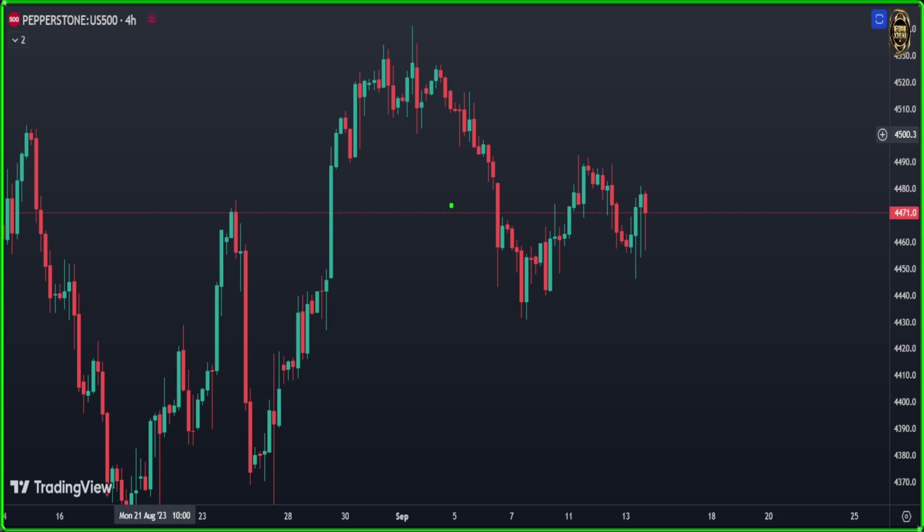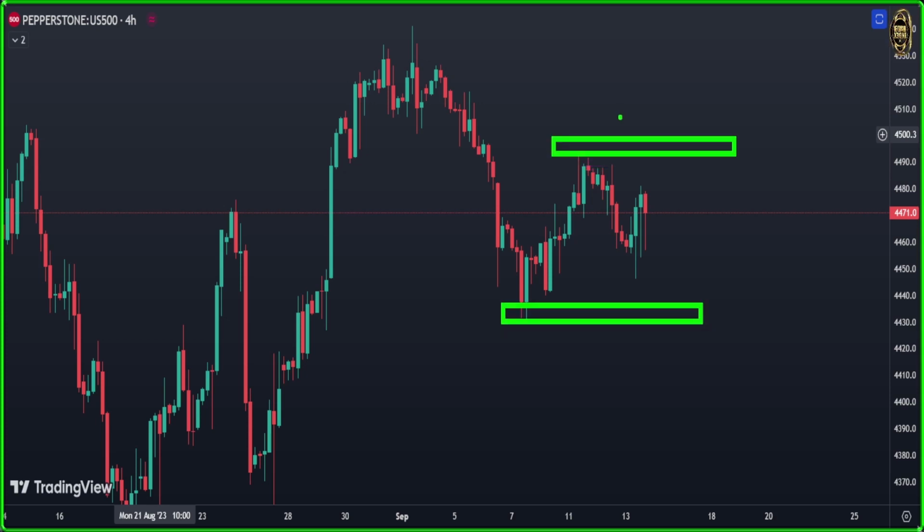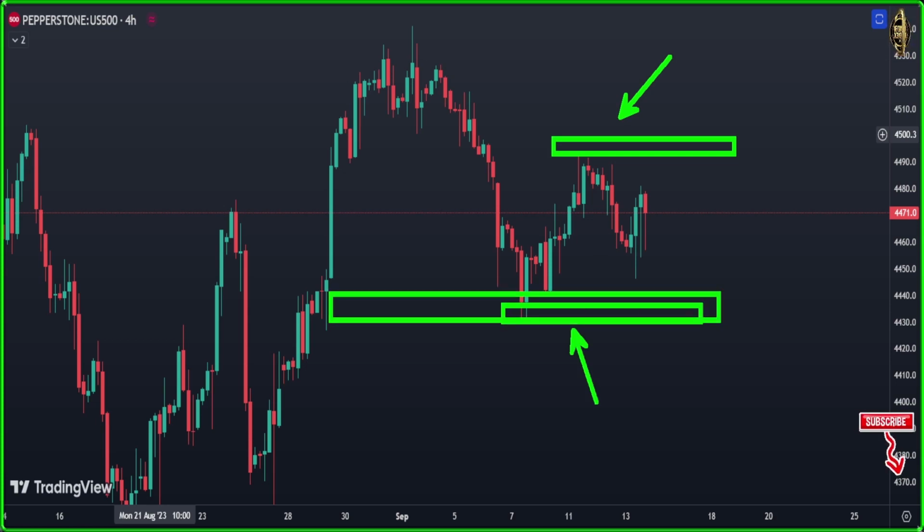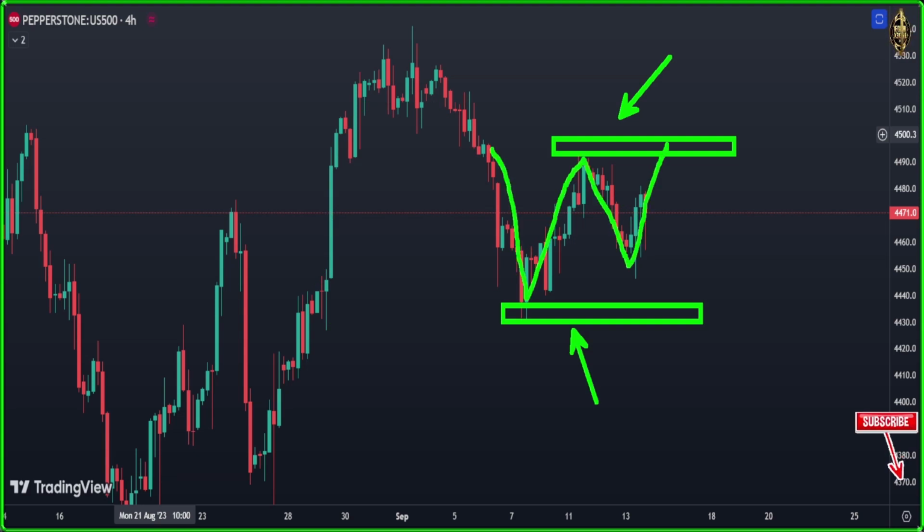So guys, as you see, the SP 500 today happened exactly like we said in yesterday's video. We need the market to break either here or here. At the top, if it breaks, we're going to enter long. If it falls down and breaks down here, we're going to enter short, and I told you why. Because down here, the market is going to give us a very clear cup and handle. It doesn't give it to us. For the top, it's going to give us a double bottom like that, as you see. So till now, the market hasn't broken up and hasn't broken down. The market is still stuck between the two levels.